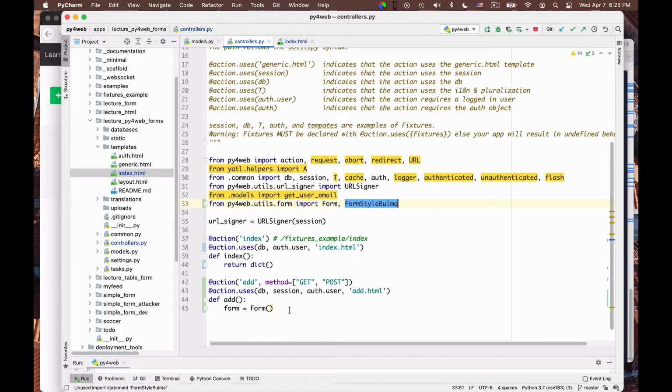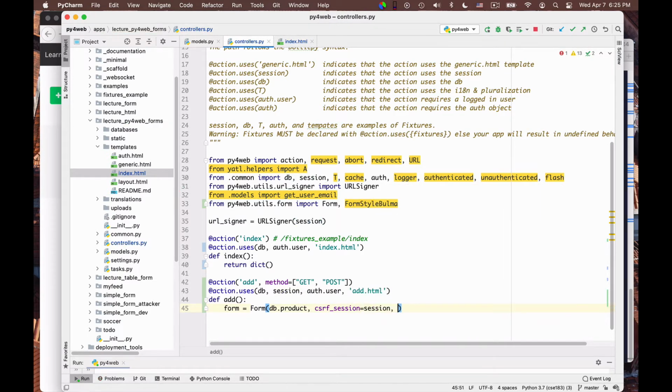Okay, so coming back here, now the form exists. And I want to say that the form is generated automatically from a DB table. The DB table was called product, so I say db.product here. Then I say csrf_session is equal to session.